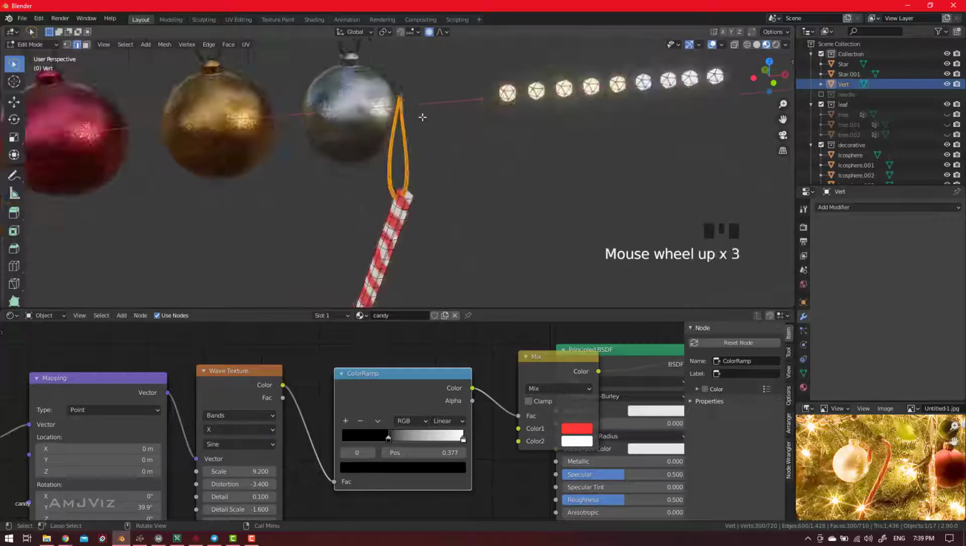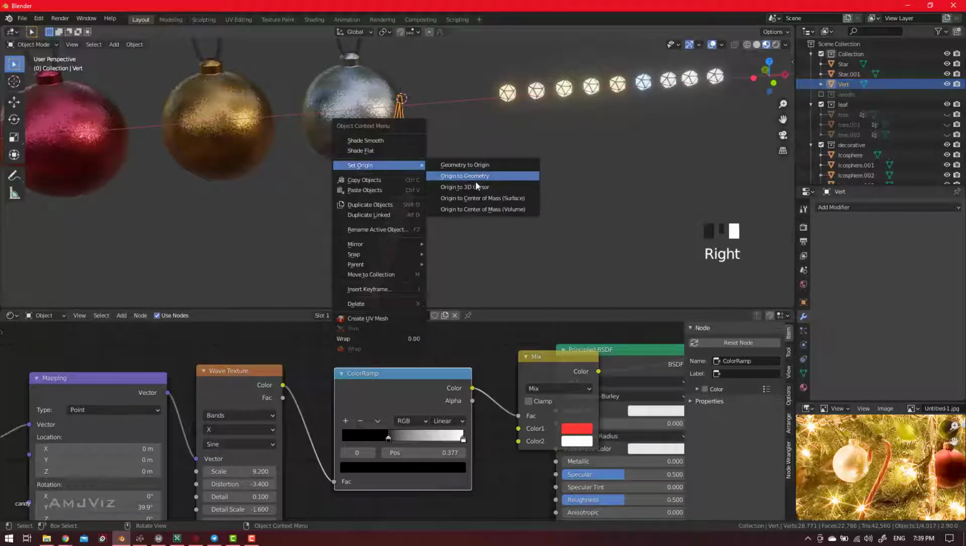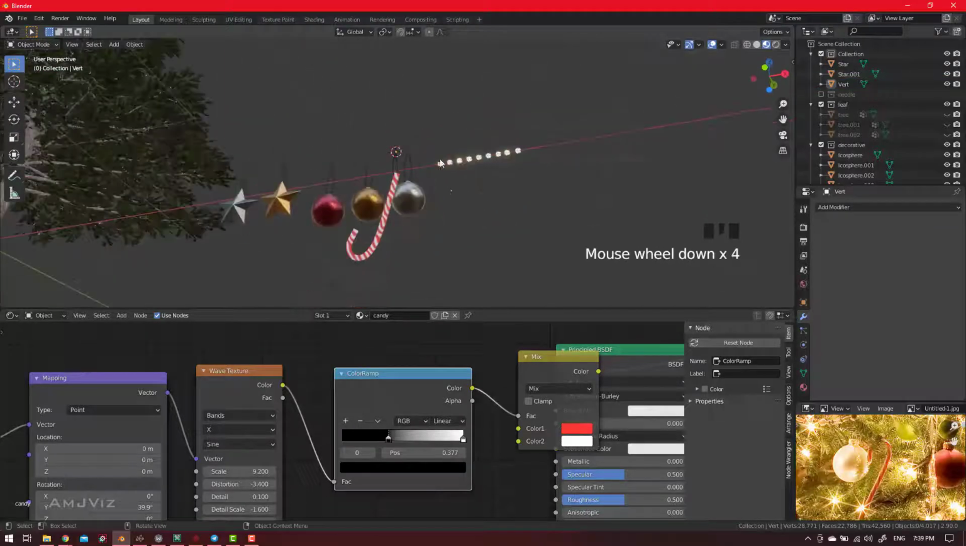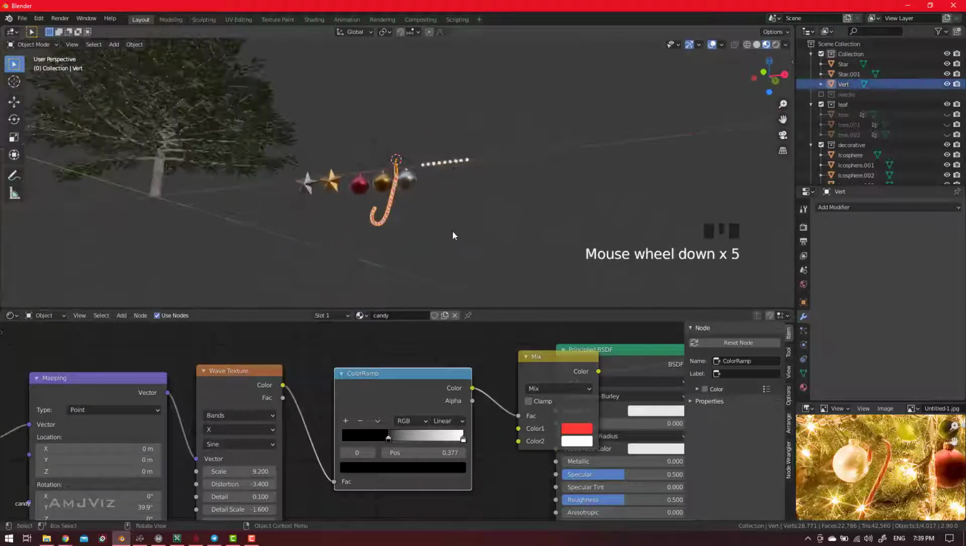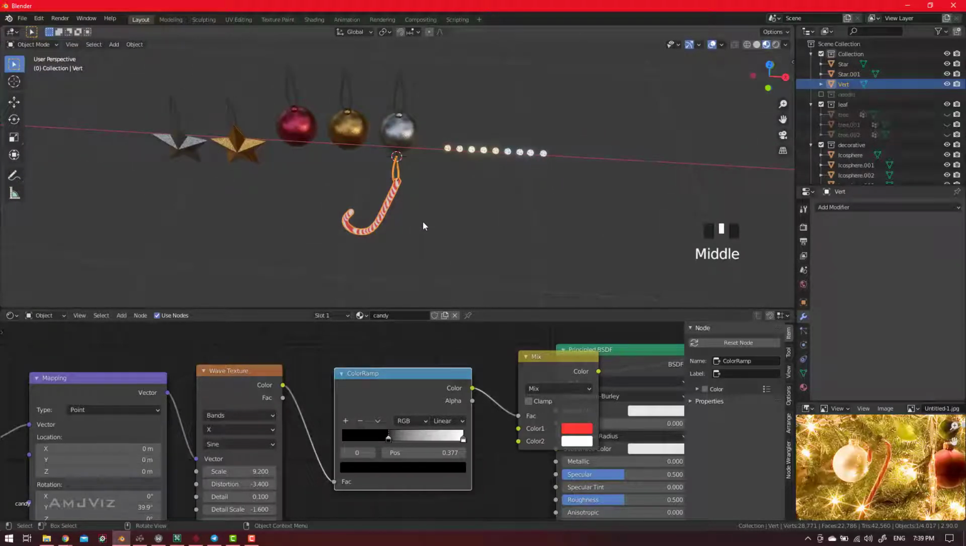Control J, and draw a cursor to select it, and origin to 3D cursor. Okay guys, we have this. Now let's add it to our Christmas tree, but before that,